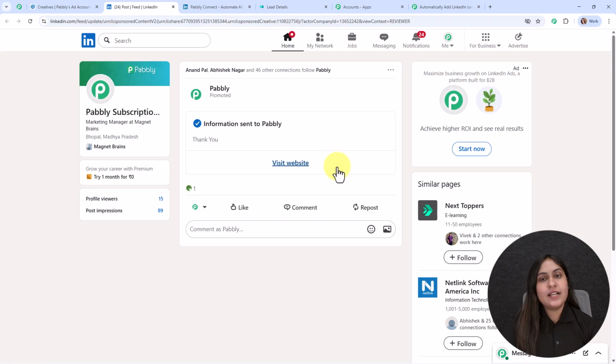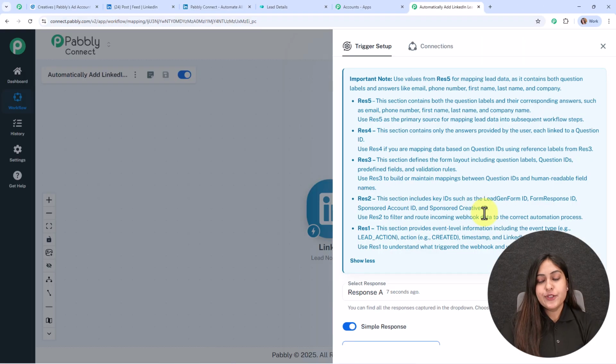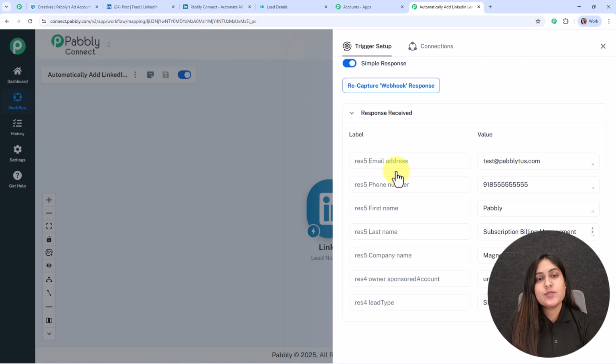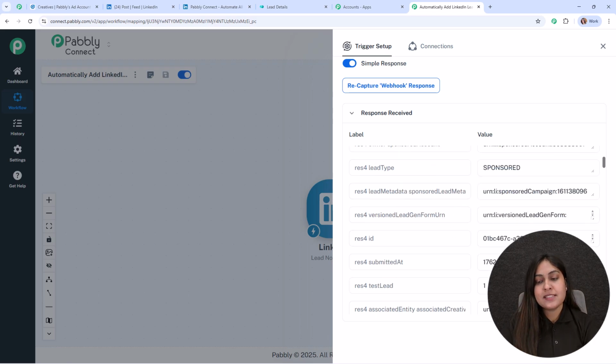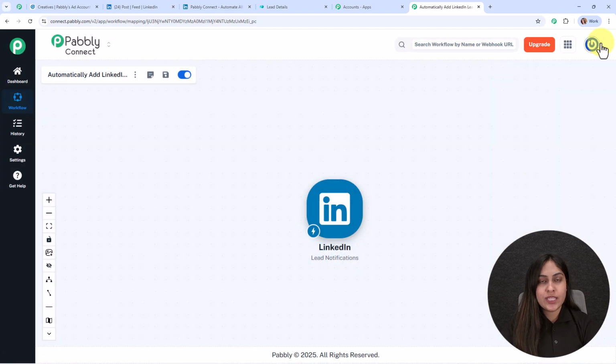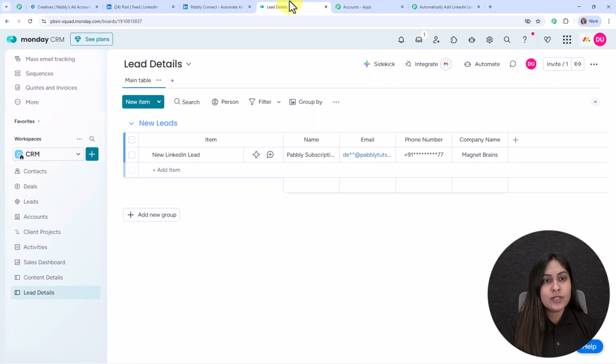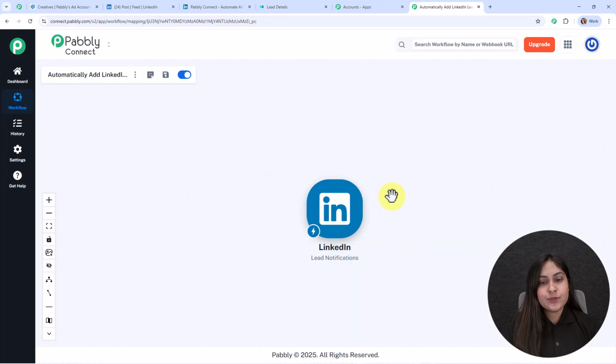So now let's move back to our Pabbly workflow, and here you can see we have received a successful response where we have received the email address, phone number, first name, last name, company name, and some other details. So with this we have successfully set up a trigger over here. Once we have received a new lead, then instantly I want to add that lead as a new item in my monday.com account. So for that what we are going to do is add